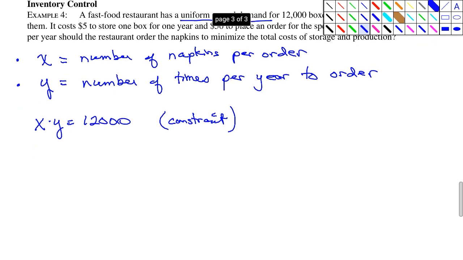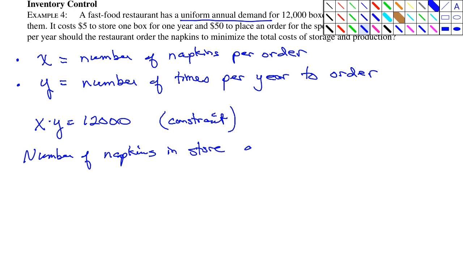Now, the other thing that we have an issue with is how many napkins we have on hand in our store at any given time. So, number of napkins in store, or in storage, you can think, because they're there, we just have to access them at some point. So at any time,